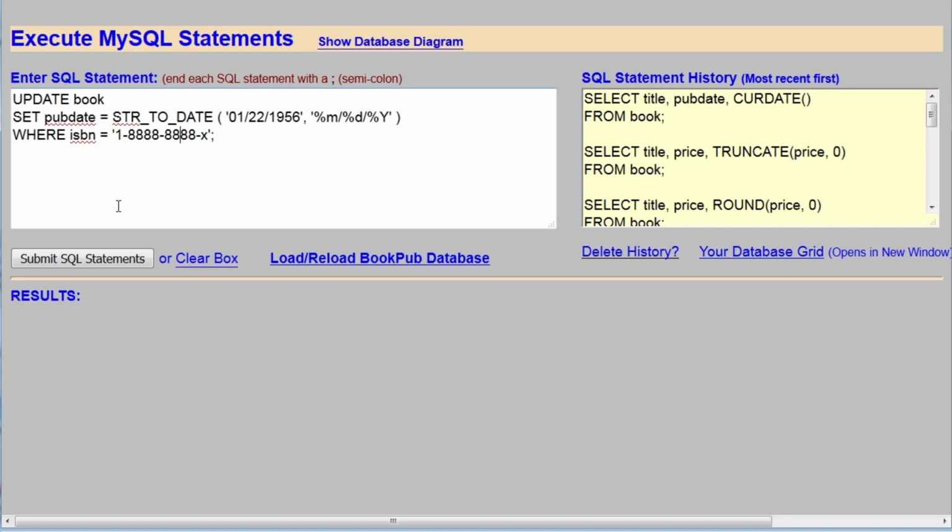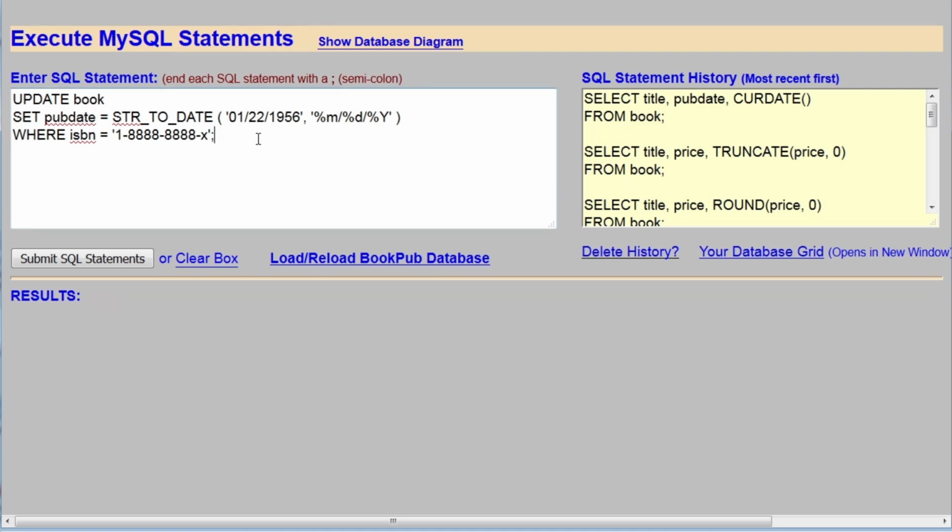But if you need to do something where you change the date and you have the date in a different format, now here I've just typed in 01/22/1956. But if there was a column of information that had dates in a different format, you could just place the column here. Over here is something called a pattern mask. It says, I understand that this is a 2-character month. I understand that this is a 2-character day. And see, there's slashes in between. I understand there's slashes. And then with a capital Y, it says, I understand the next thing you're giving me is a 4-character year. So it knows what format to look at,